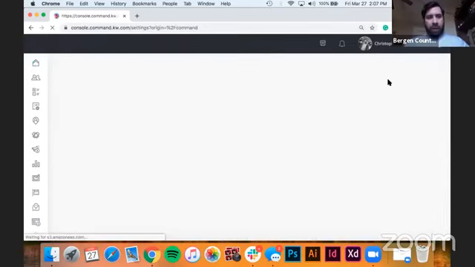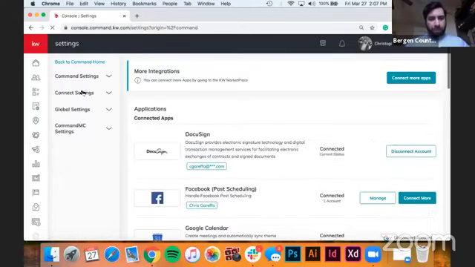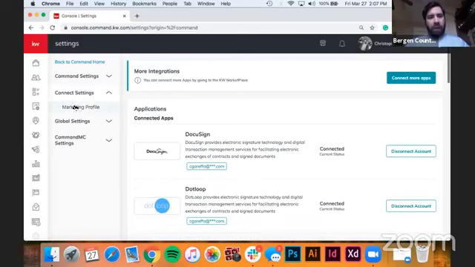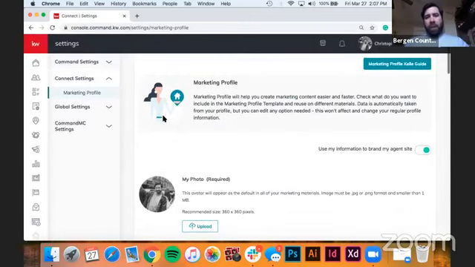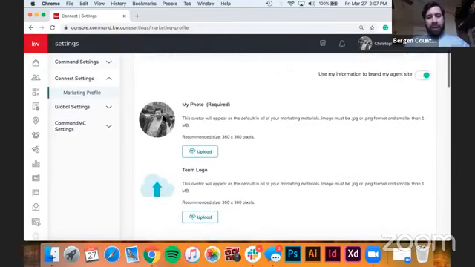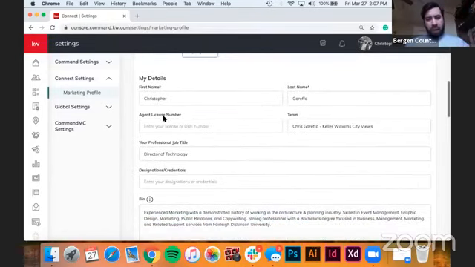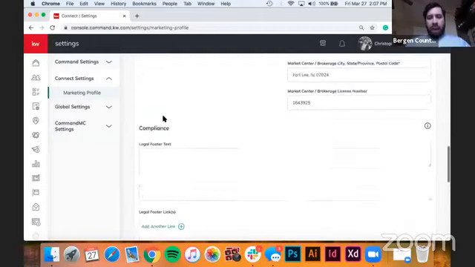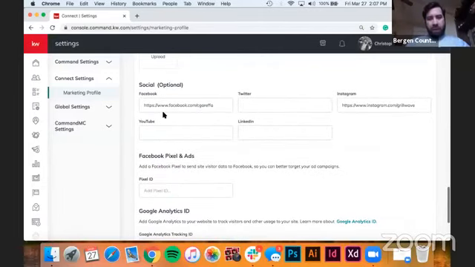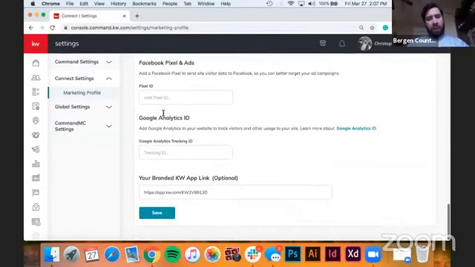And what I'm going to do is navigate down to where it says connect settings right here. And I'm going to go to marketing profile. So from here, what you can see, I have my profile filled out. It's basically just information about myself, you know, my headshot, my bio, contact information, and then there's some information about my market center. And then I'll have some additional features like my social media profiles and then my app